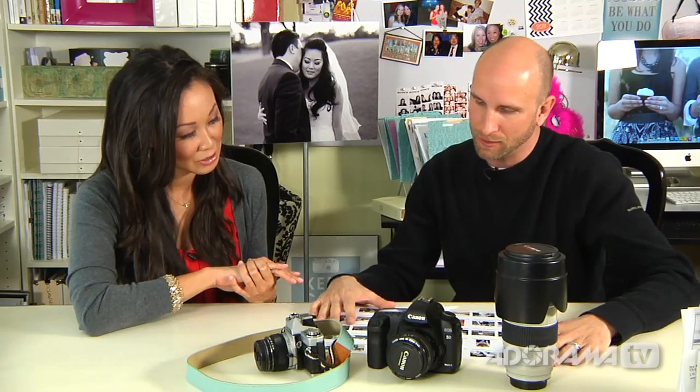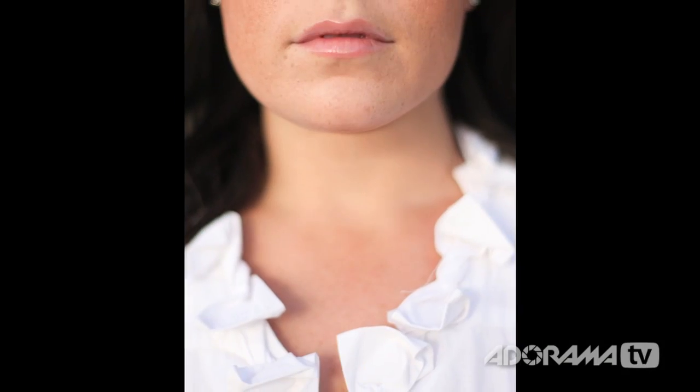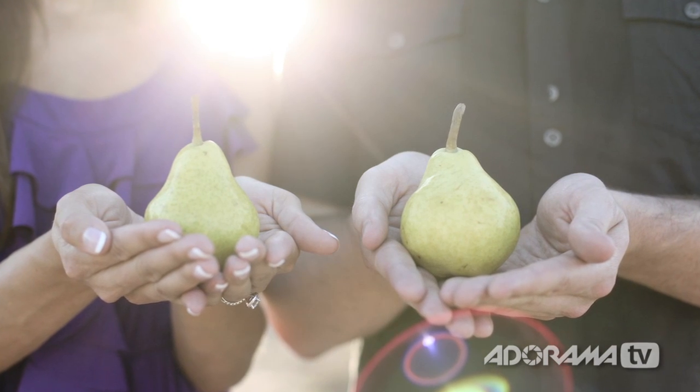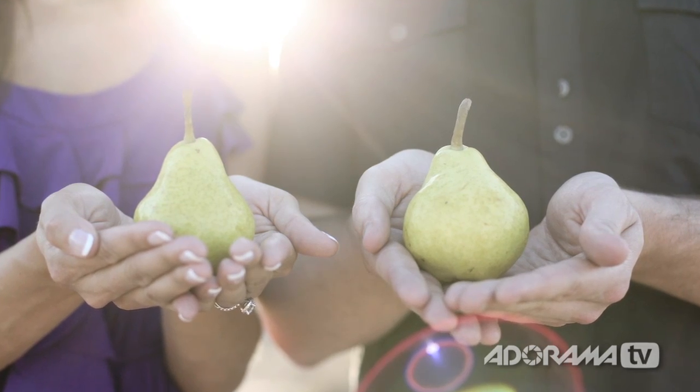Another really interesting thing that you do is you really crop tightly. I mean, really tight. In fact, some of these shots, their faces aren't even in the picture. They're like chopped out. I really do it on purpose. So when clients see that, do they love it? Do they go, what the heck, my face is chopped off? Some of these, I just love this. I love that style. But yes. When did you start doing that and why? You know,